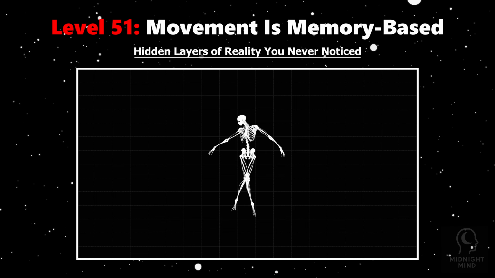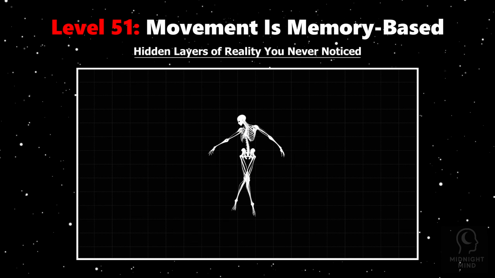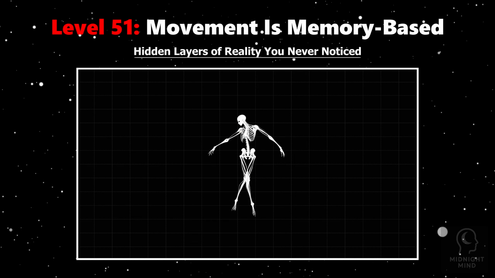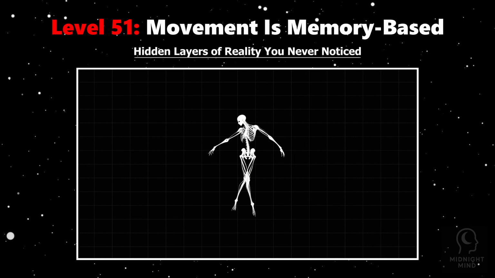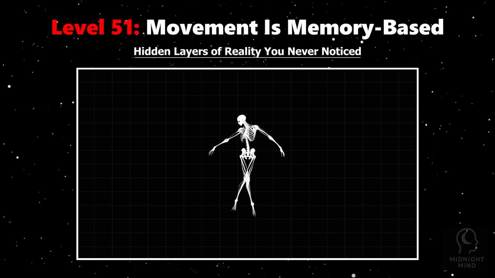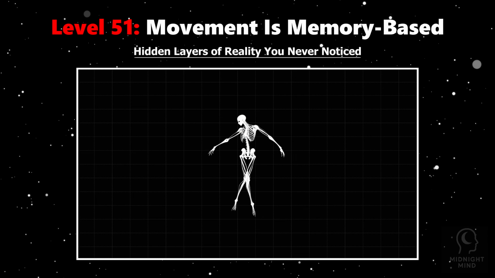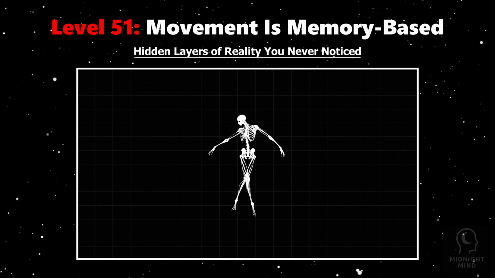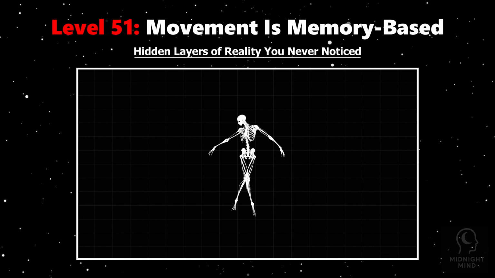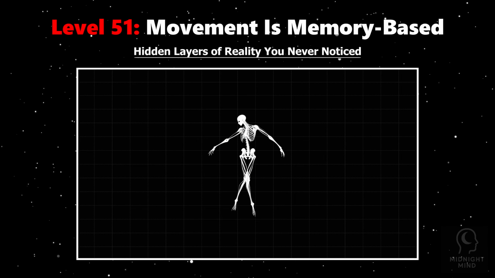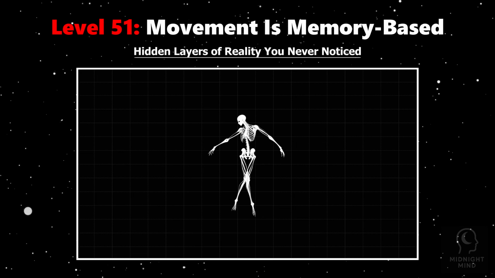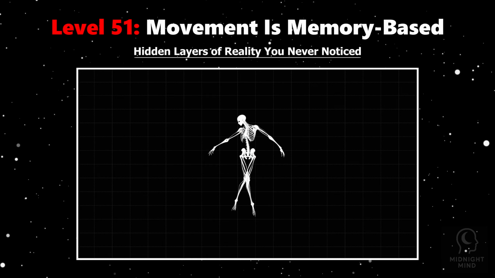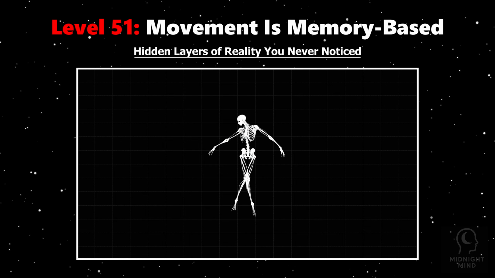Even everyday tasks like walking or typing depend on this memory-based control. The brain constantly updates movement patterns through sensory input and prior experience, optimizing efficiency. Conscious thought can intervene, but most motions run on autopilot, shaped by a vast archive of past learning. So next time you move instinctively, remember your body is recalling a stored script, acting before your mind catches up. Movement is memory made manifest, a dance of neural pathways written long ago, performed without a conscious cue.